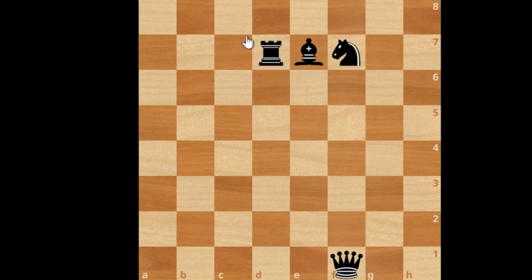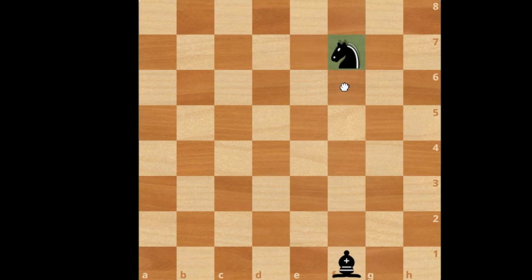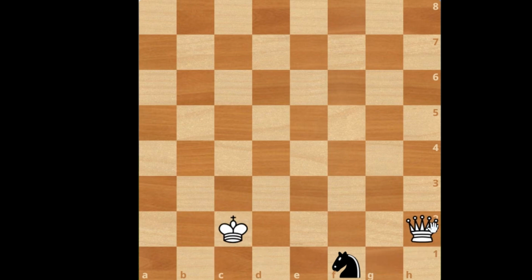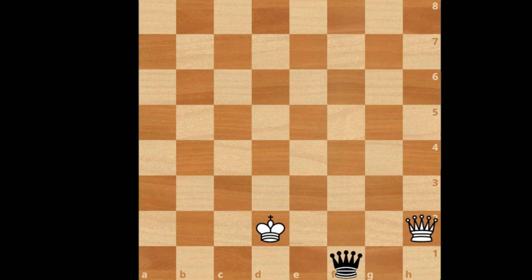But sometimes we need to do underpromotion, like promoting to a rook, a bishop, or a knight. These can have certain advantages. Suppose this is the position, and here is a black pawn. So, what's the use of making a queen from this? Nothing. It'll just be an equal game. Suppose your king is here. I'll keep a black king.